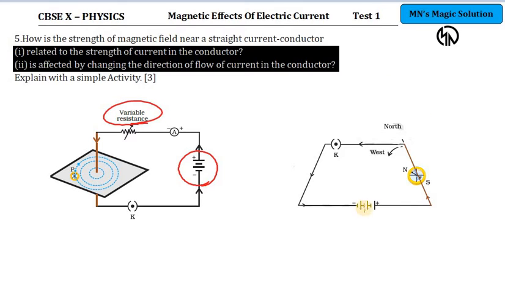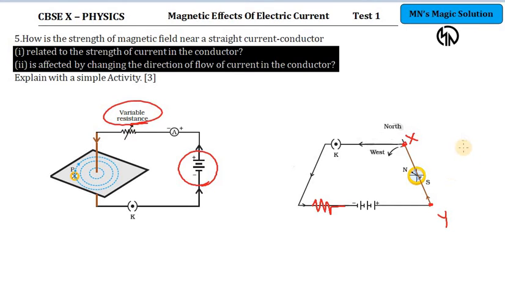In both of them, if you connect a rheostat, you have a current carrying conductor. Imagine it is XY, and above this current carrying conductor XY I am placing a compass. First I will place the compass and switch on the current. Note the deflection. Again I am going to increase the amount of current flow between X and Y. Again note the deflection. What happens? Deflection increases. So as the current increases, the deflection also increases.